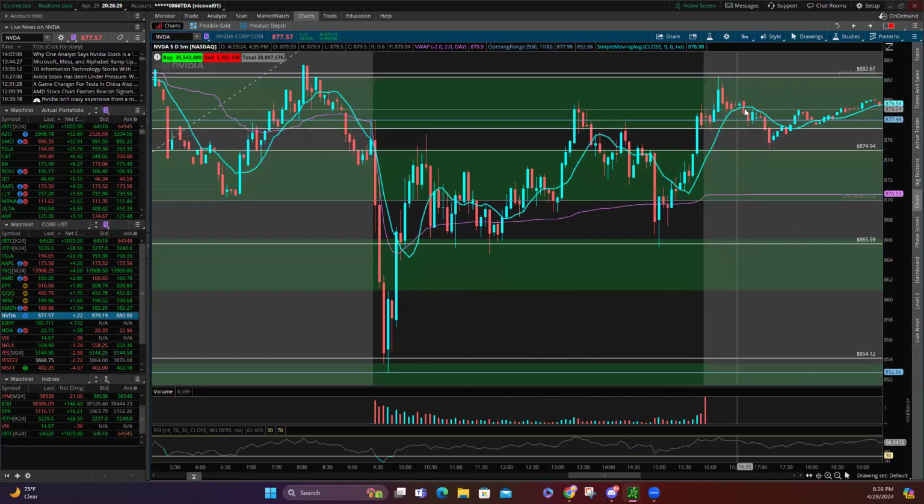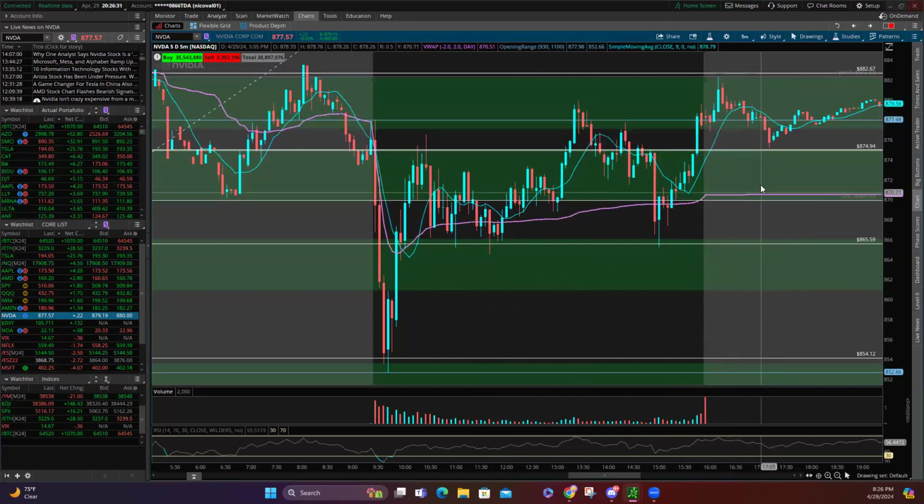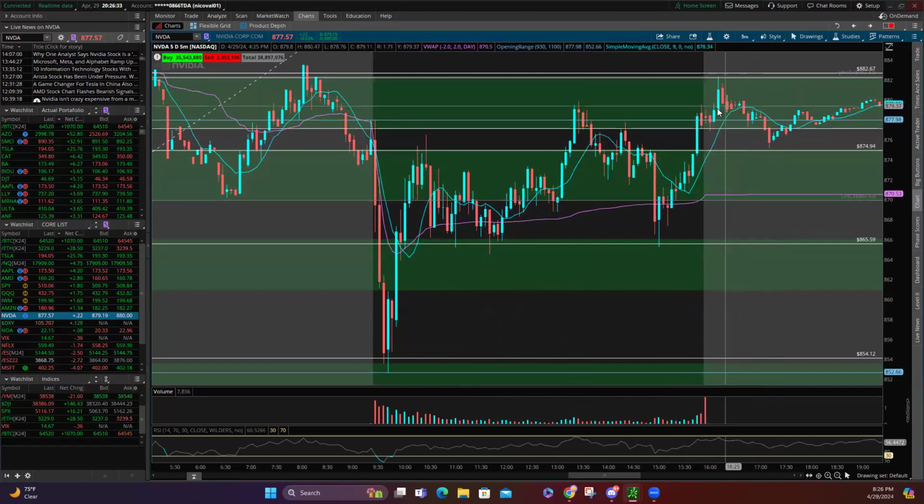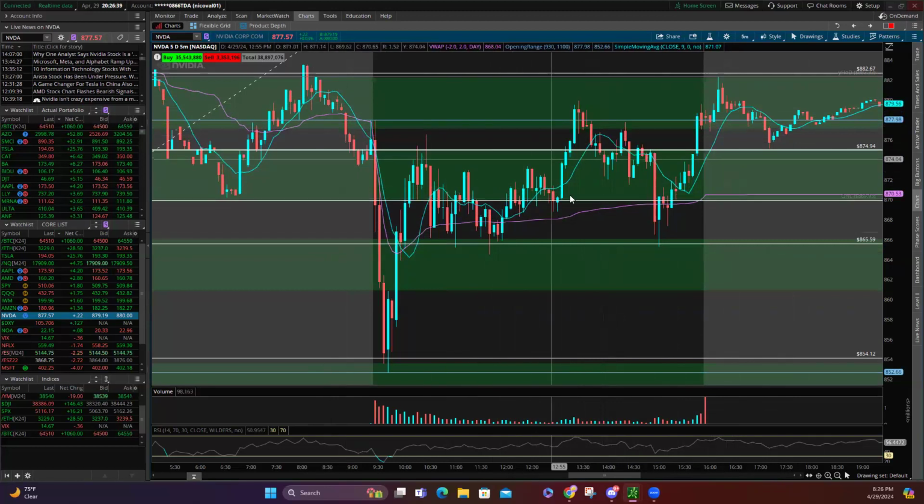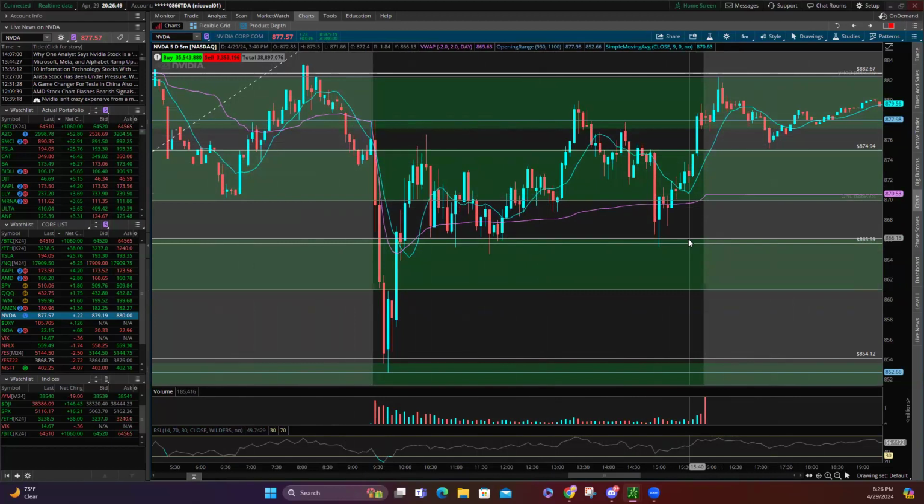This is coming down, this is going up. When they're really far away, there's a place where you can cut, or you can trim, or you can take profits. But I just want to show you how, by having just one, you can really know where your entrances are. And then of course we have trend lines that we haven't done here.